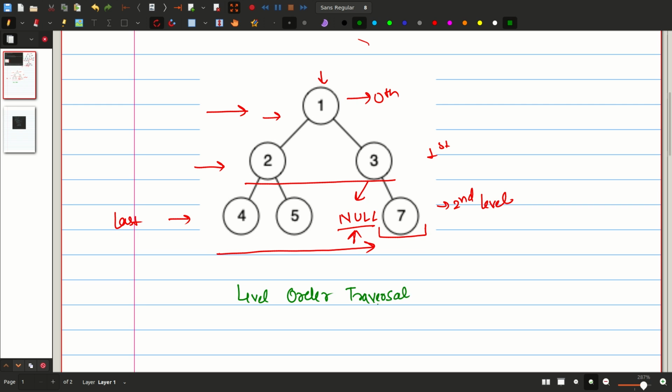Level order traversal means I will access all the nodes of this tree level by level. And what is level order traversal? Level order traversal is also known as breadth first search.